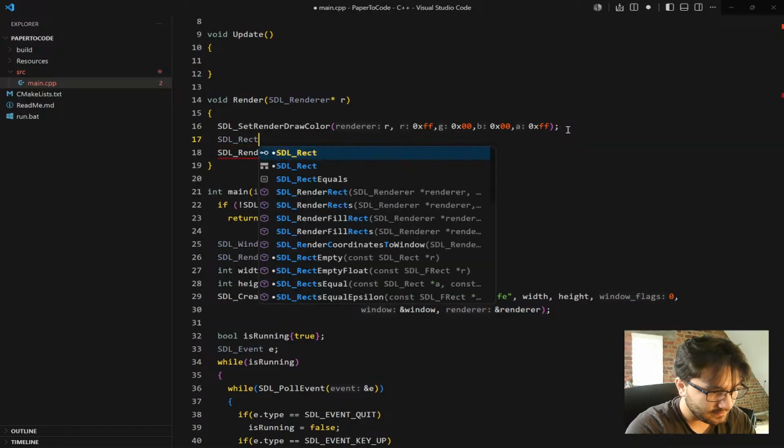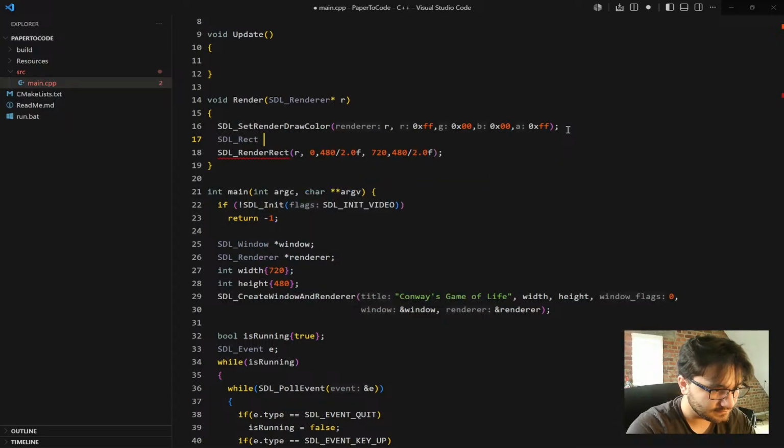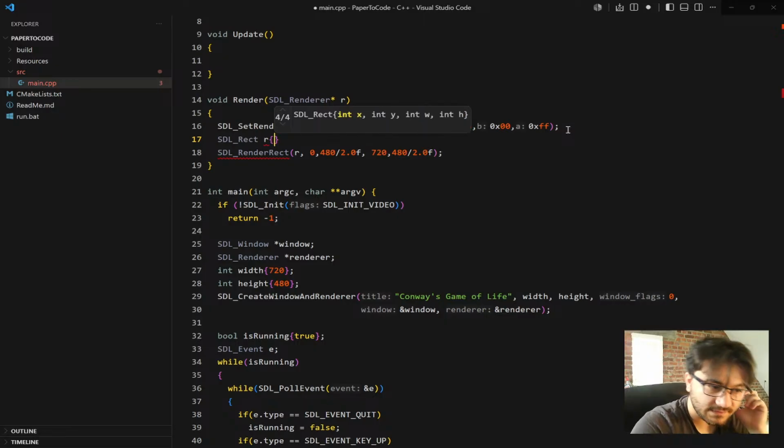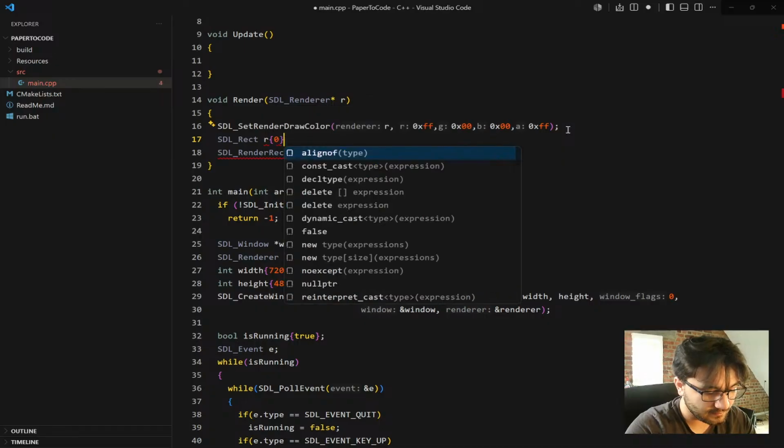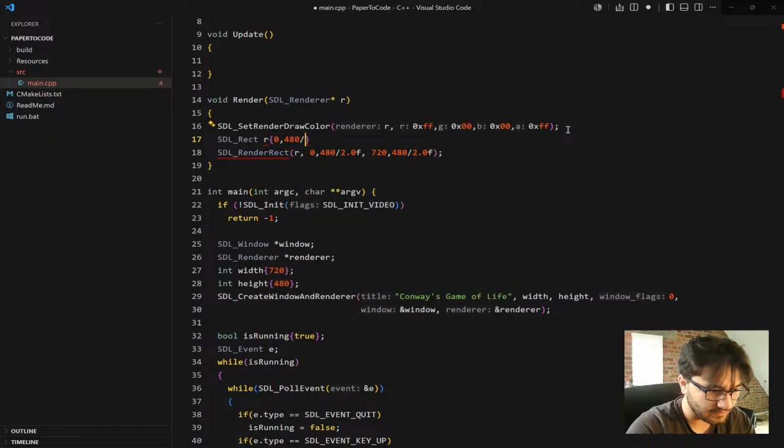ZL rect R. X, Y, W, and H. X and Y again at 0, and then 480 divided by 2.0f. The width is going to be 720, but the height is going to be 15, right? And then I guess we can give it